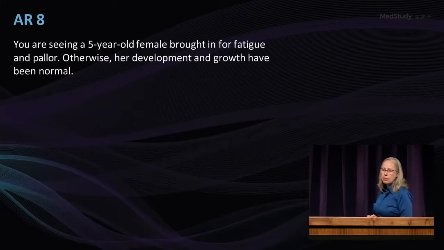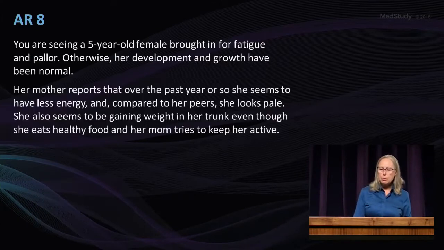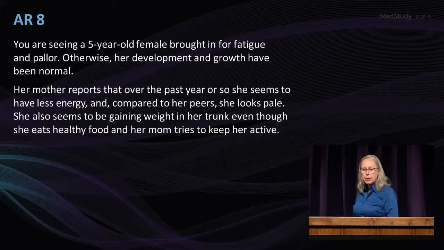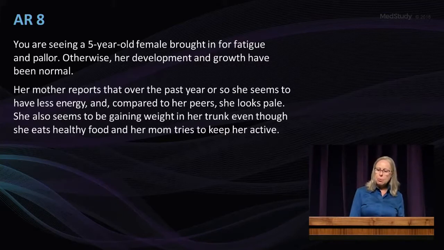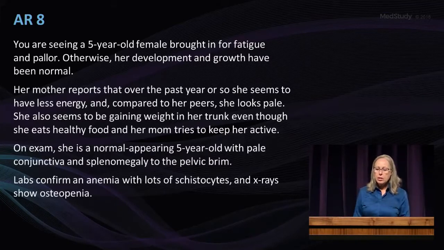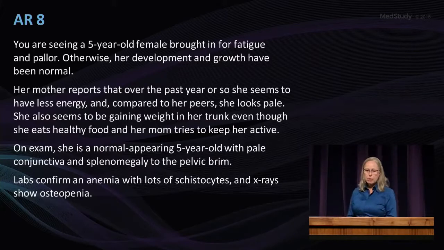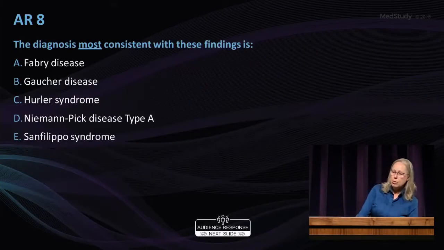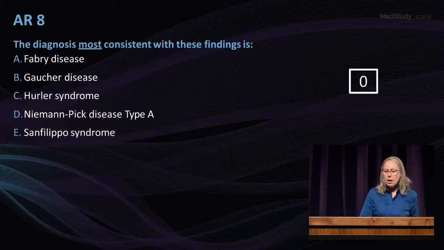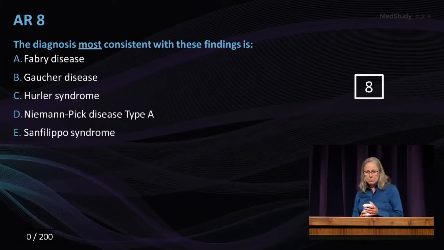All right, so you're now seeing a 5-year-old female brought in for fatigue and pallor. Otherwise, her development and growth have been normal. Mom reports that over the past year or so, she seems to have less energy, and compared to her peers, she looks pale. She also seems to be gaining weight in her trunk, even though she eats healthy food and her mom tries to keep her active. On exam, she's a normal-appearing 5-year-old with pale conjunctiva and splenomegaly to the pelvic brim. Labs confirm anemia with lots of schistocytes, and X-rays show osteopenia. The diagnosis most consistent with these findings is